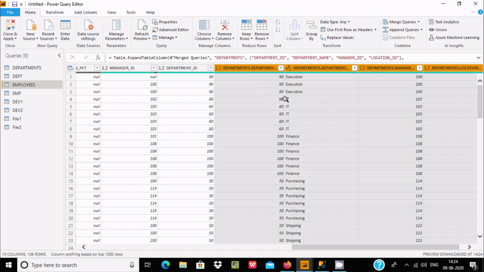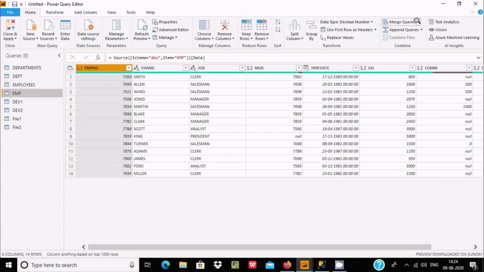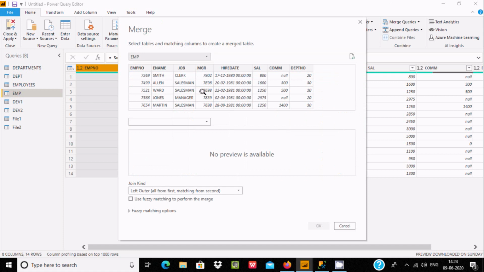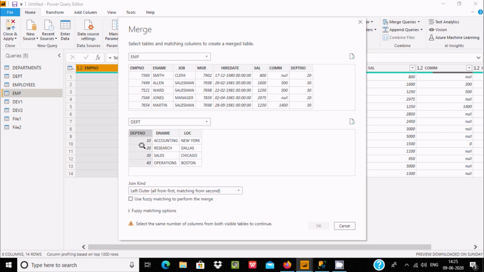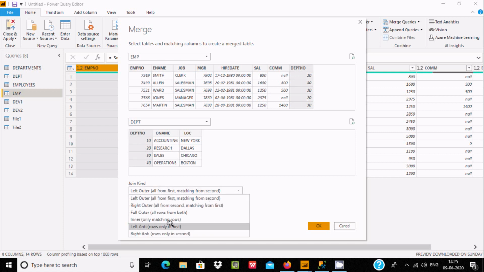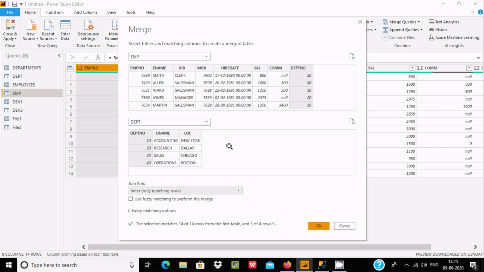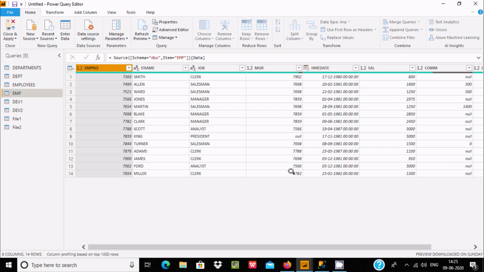Now after that, let's use the EMP table and merge. This time I'm going to select Merge as New. Now the DPT table. Sorry, this is the EMP table, then the DPT table. The DPT table has only 20, 30, and here 10, 20, 30. So select this option first, then this, and let's perform inner join. Inner join only returns matching values. Click OK.